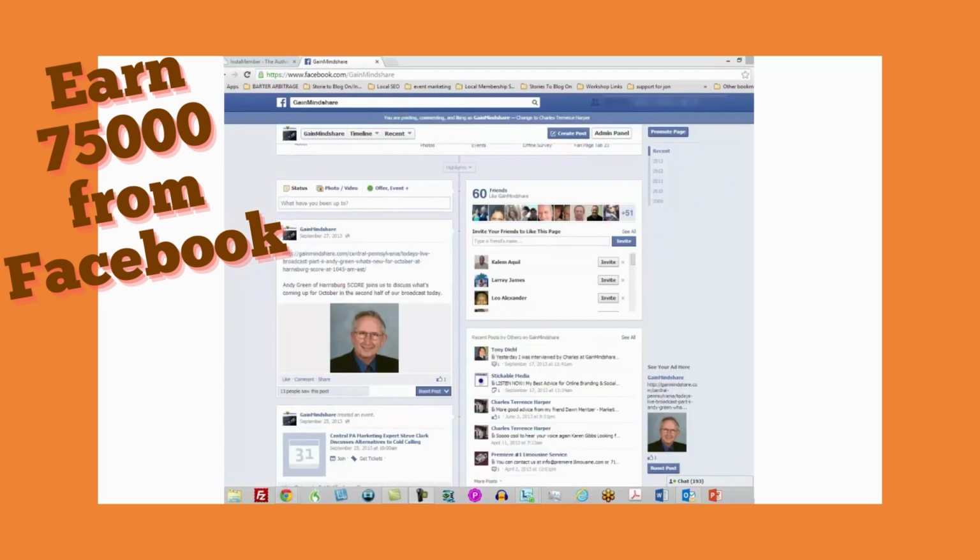To do that, you just go straight to your status and post right in here. You can post a link, you can post an event, you can post anything that you want where people are either going to buy at an event, or you can post the link straight to the event. Some of your followers and fans are going to get that link in their news feed. That's one way for you to earn money. Of course, you need to have trust with the people that are going to be on your page. That's not the only way that you can make money, but it's probably the simplest one that you can do.